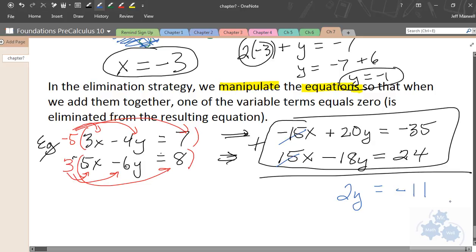Negative 11. Everyone agree with that? Okay. And so when I solve for y, now here's an equation that doesn't have an x term. It only has a y term. So I solve for y. Divide by 2. Divide by 2. I get y equals